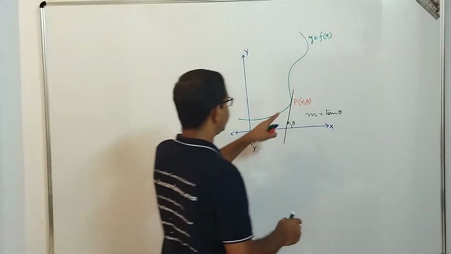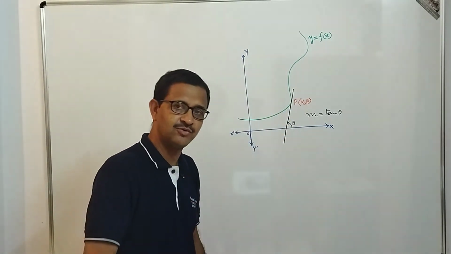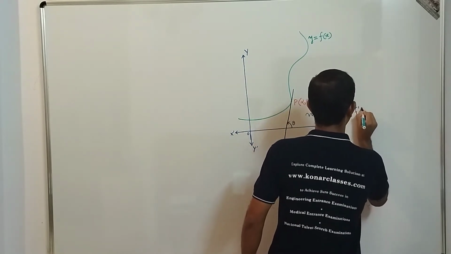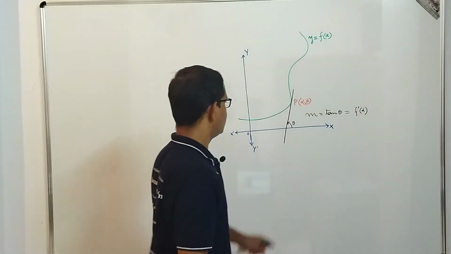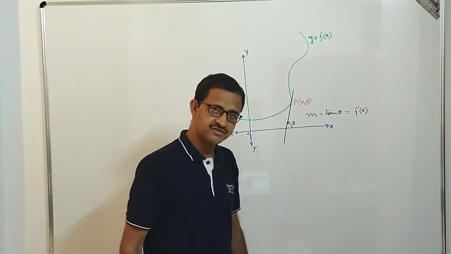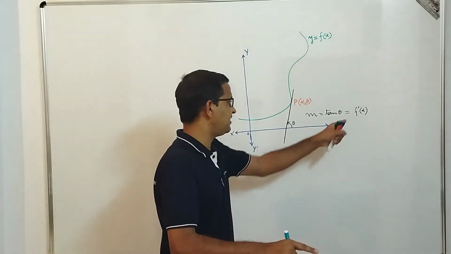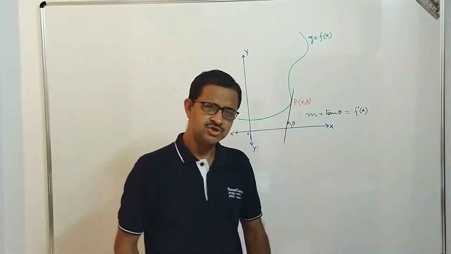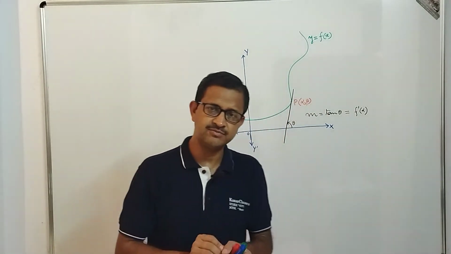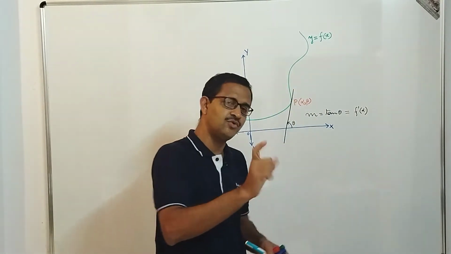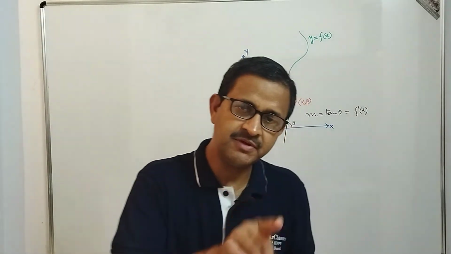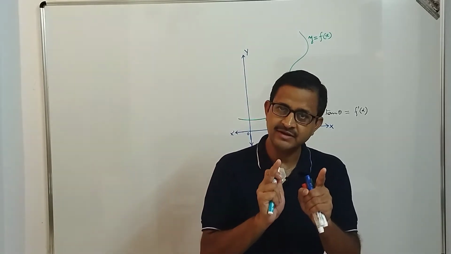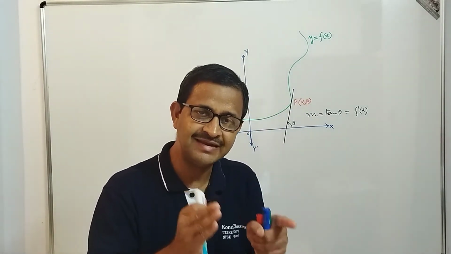And also in terms of differential calculus, this m is nothing but f dash of alpha. That means you find the derivative of the function f(x), that is f dash x, and then apply x equal to alpha to find the slope of the curve at that point. So that was the fundamentals of derivatives, to define the tangent and the slope. So what is the motivation behind integral calculus? The motivation behind integral calculus is to find the area under a curve.